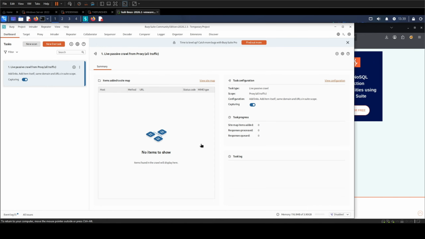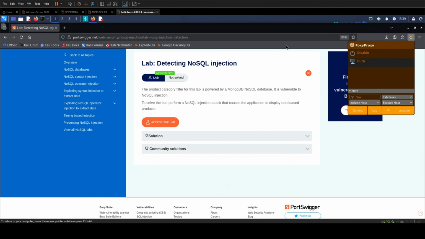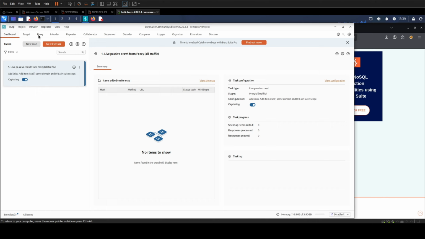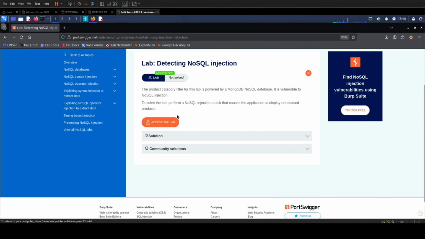I've got Burp open. Two quick things before I browse anything. First, FoxyProxy on, so my browser traffic actually goes through Burp. And second, over in Proxy, the Intercept tab, make sure it says Intercept is off. If Intercept is on, the second you click something, the request just freezes in Burp and the page hangs there loading forever, and you sit there wondering why the site died. Off means traffic flows straight through and quietly lands in HTTP history, which is exactly where we want it. So Intercept off. Right, let's access the lab.